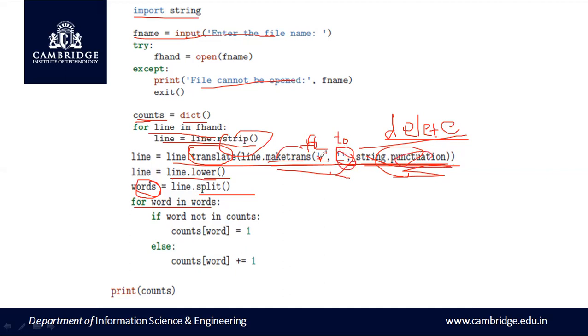So we have specified here, we are not going to convert any alphabets here to any other alphabets. So we're just leaving the words as they are, because we require all those words, because we are counting the occurrences of words. The only thing we are deleting here is the punctuation marks, and we are converting the uppercase letters to lowercase letters. So these two are very important here in this program. So this is how we are going to use the advanced text parsing for counting the words appearing in a text file.